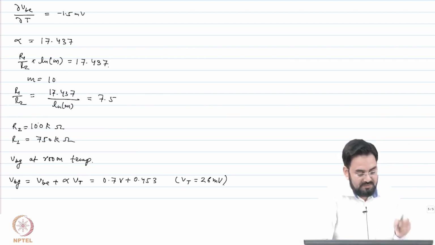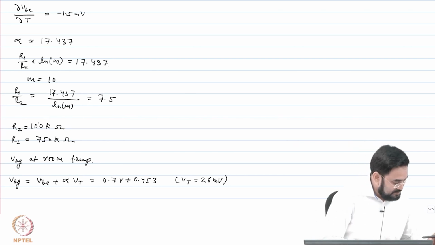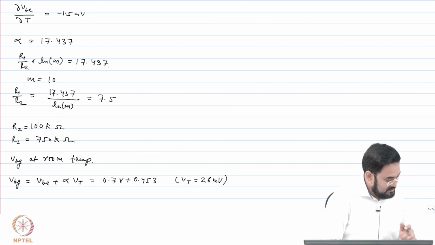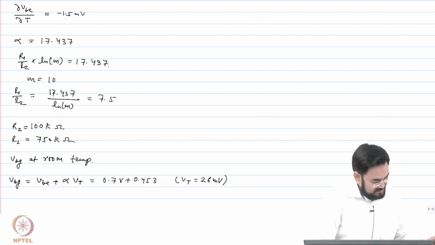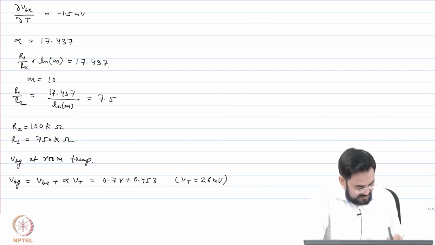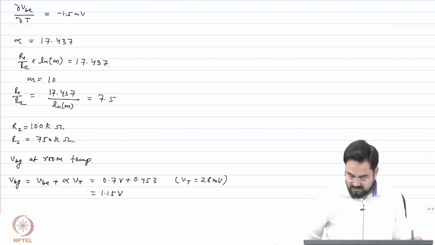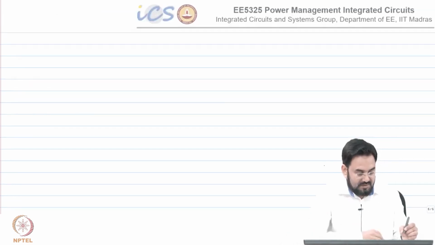So 26 millivolt multiplied by 17.43, and this plus 0.7, 1.15, yeah, approximately 1.15 volt. Okay, now